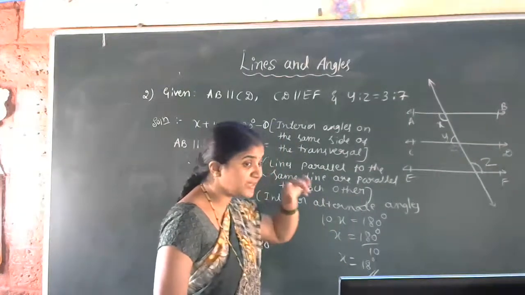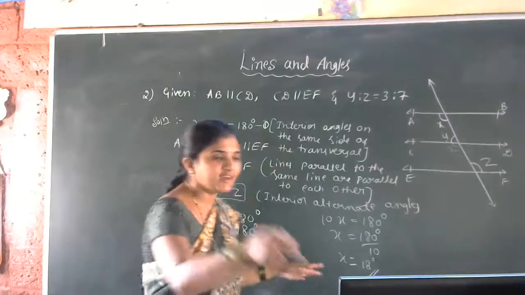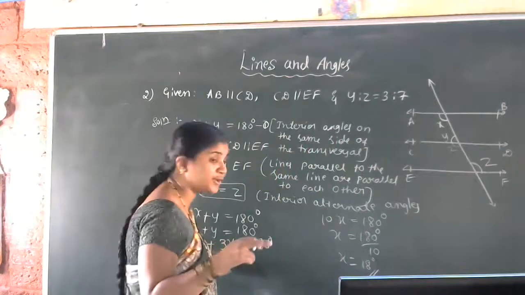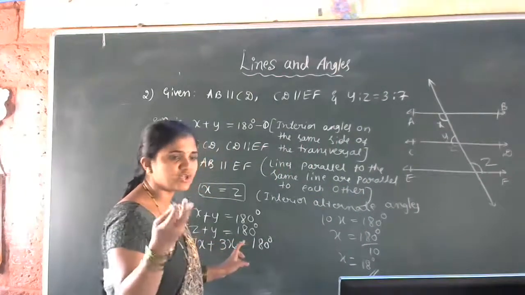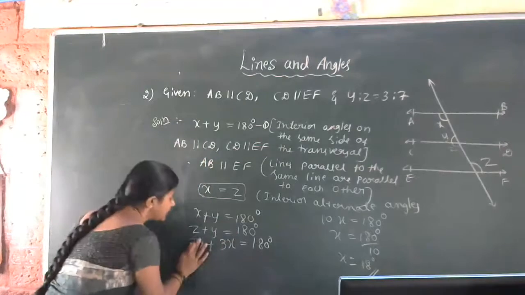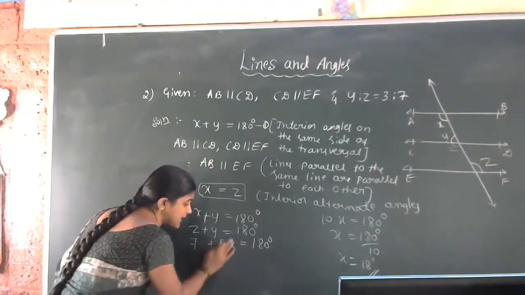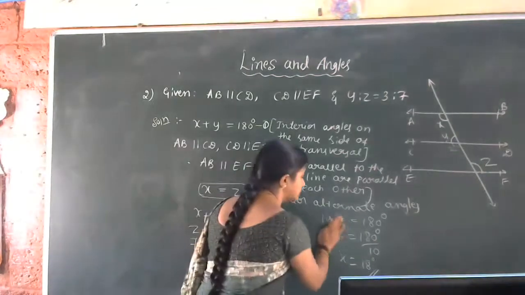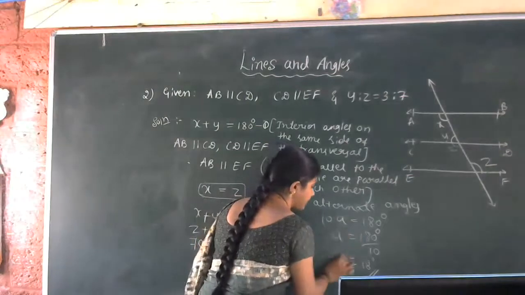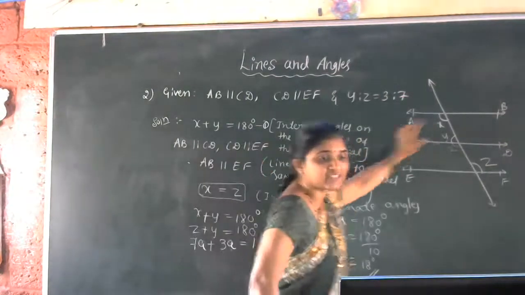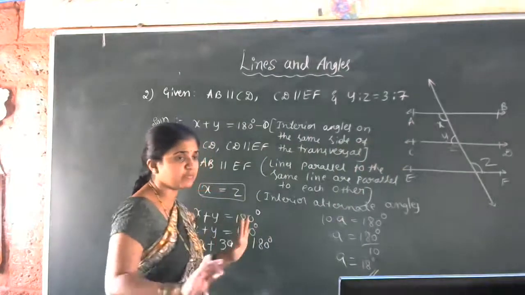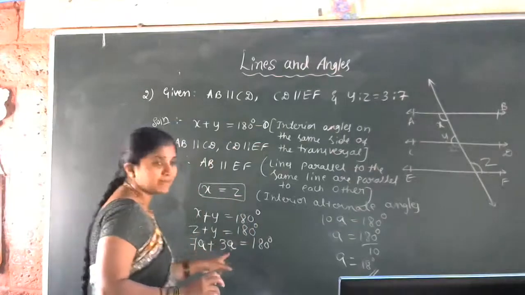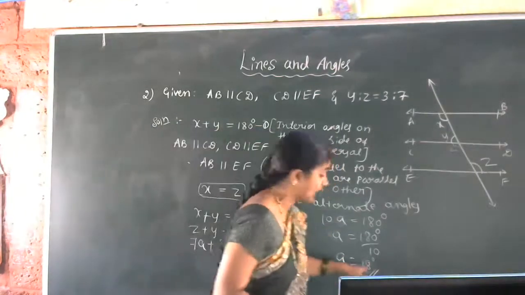One second students, be careful. Here they have asked for the angle x only. So is it like that? Not that x. This is an unknown ratio, and you can choose a different letter. Instead of x, you can take a. Is that clear, students? Otherwise you will be confused, because the angle name is also x and we are taking x in the ratio also. Better you choose a for the unknown ratio. So 7a plus 3a, and the value of a is 18 degrees.